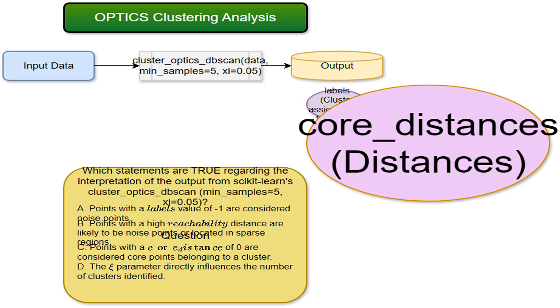This line sets the stage, clarifying that we need to evaluate 4 different statements, A, B, C, and D, concerning the meaning of the algorithm's results, particularly the labels, reachability, and core distances and the influence of the SHE parameter. It's all about interpreting the outputs of the